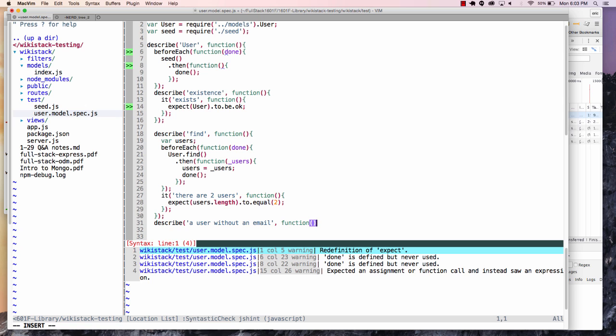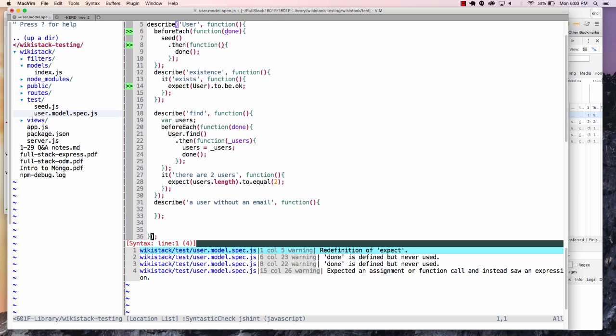And again, one of the things that sometimes helps a lot is just to write your expectation. So we expect to get an error. So one of the things we could do here is we could say it has an error. Now we're going to want to test for the specific type of error. But as a starter, we could just do this. And we could say expect error to, just for starters, to be okay. And if we go back and we run this,